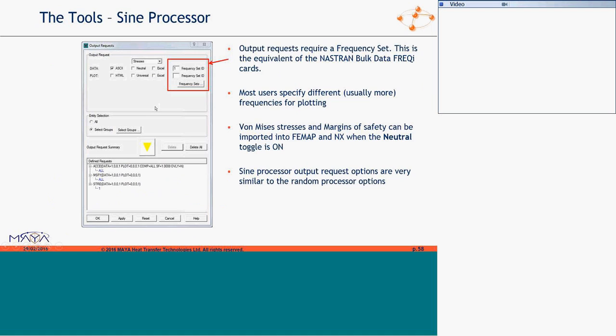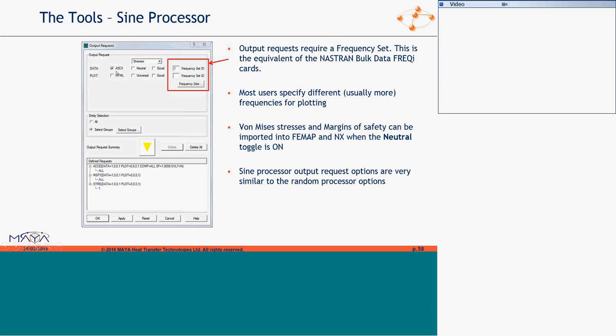All right. Going back to our output requests. Output requests need a frequency set, which is the equivalent of Nastran bulk data FREQ cards: FREQ1, FREQ2, FREQ3. Which excitation frequencies are considered? If you're going to create plots, you want more frequencies to have a nice smooth curve, yeah?